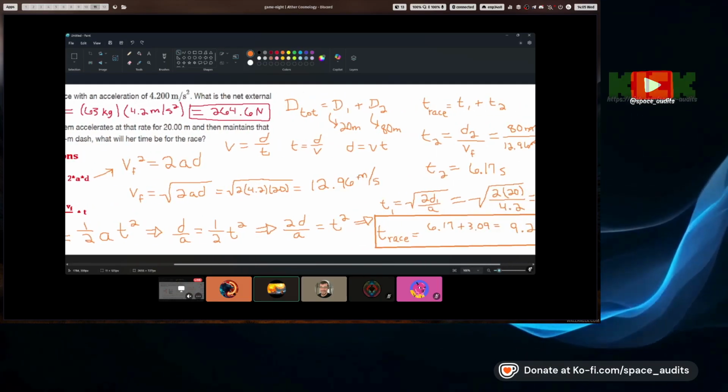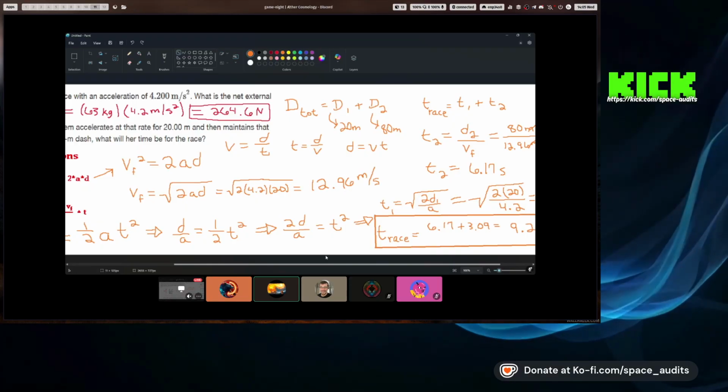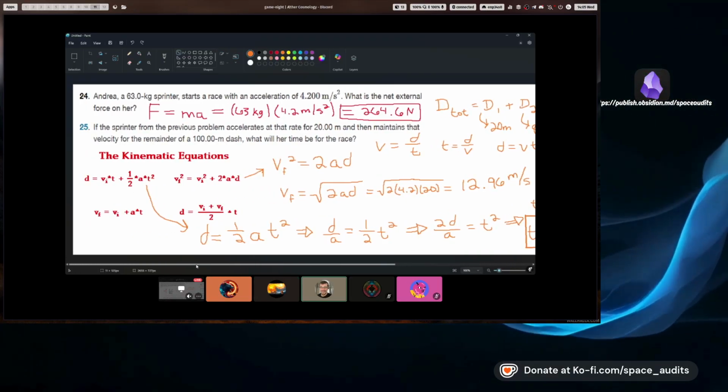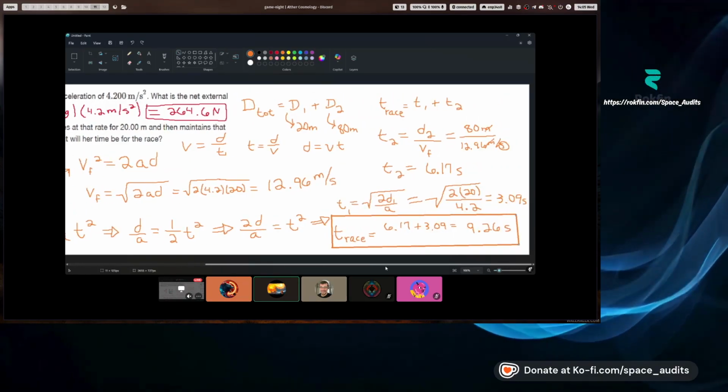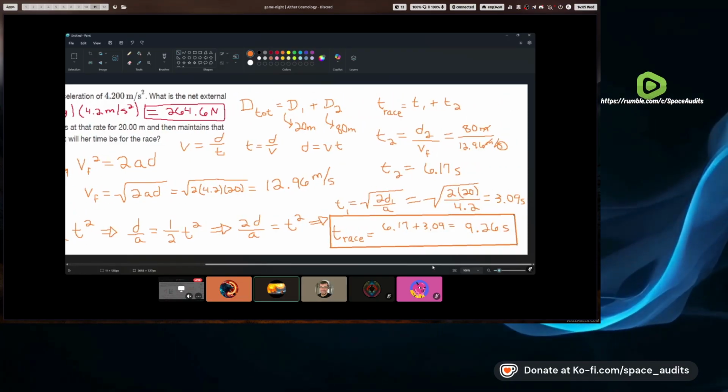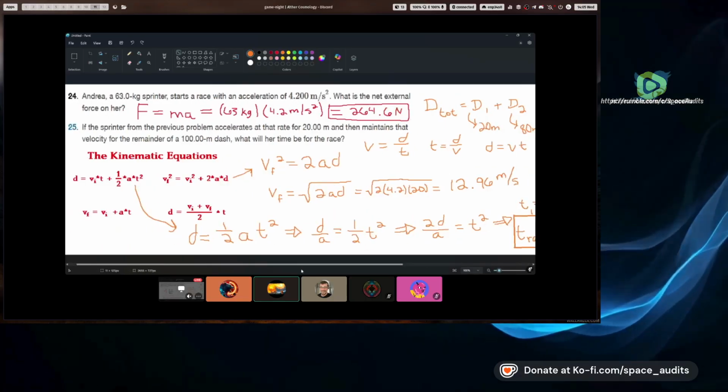So 12.96 meters per second is hauling, by the way. So they have a bionic sprinter here. Just saying. That's faster than Usain. So, but anyways,